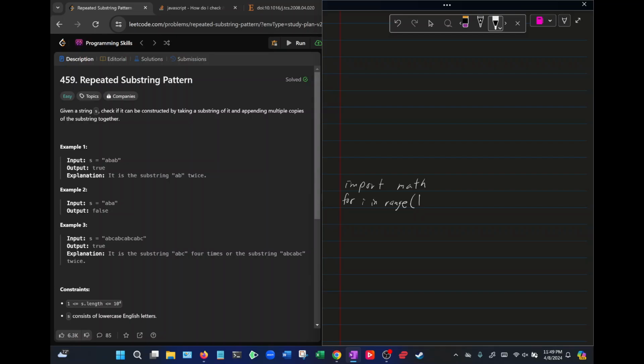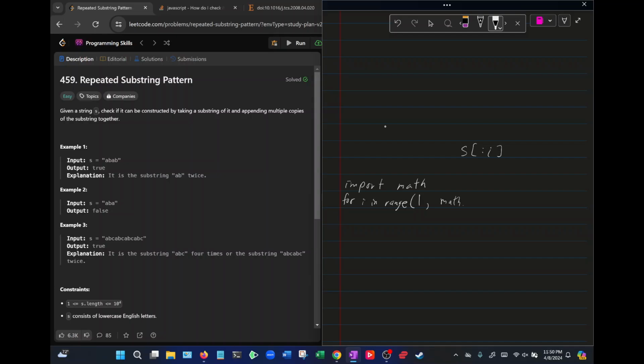Because basically the substring later on is going to be s all the way up to i, and remember, this does not include the index i here. So we want to start at 1 so that the smallest value is just including the first index only. Because if we start at i equals 0, then this string is going to be blank, because of this going up to index i minus 1, and so it would be index 0 minus 1, which is -1. Okay, so we're going to start at 1, and then the maximum